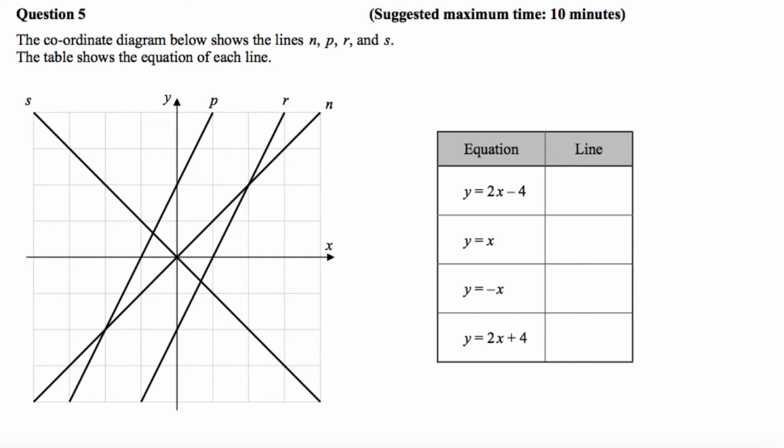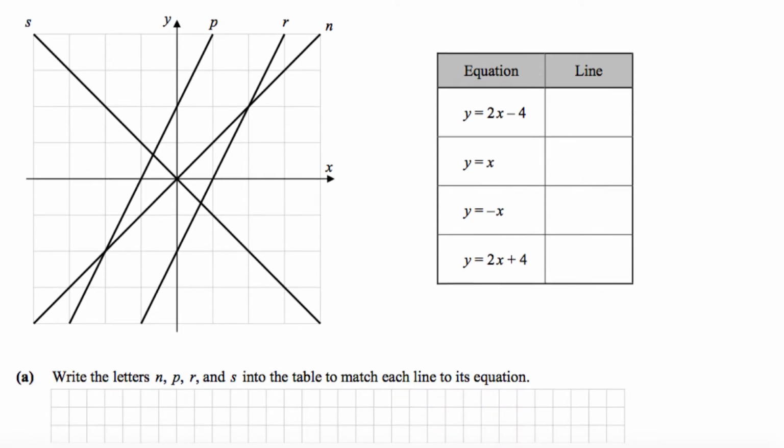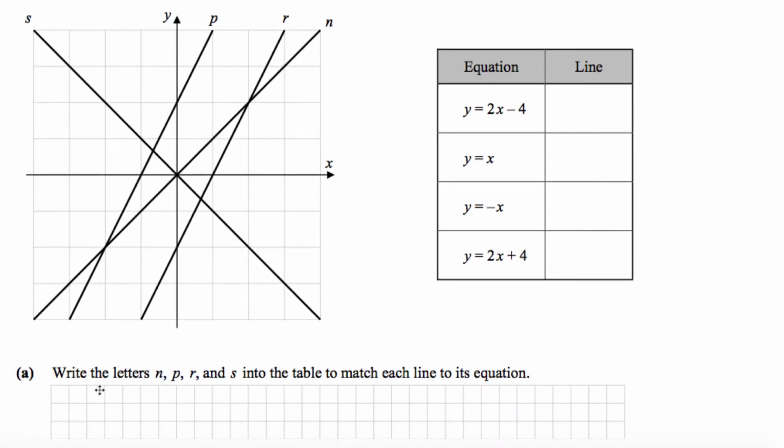So this is the 2015 Junior Cert Higher Level Paper 2 and we're looking at question number 5. The coordinate diagram below shows the lines N, P, R and S. The table shows the equation of each line. So we have the lines here and these are the equations. Part A says write the letters N, P, R and S into the table to match each line to its equation. Okay, well,